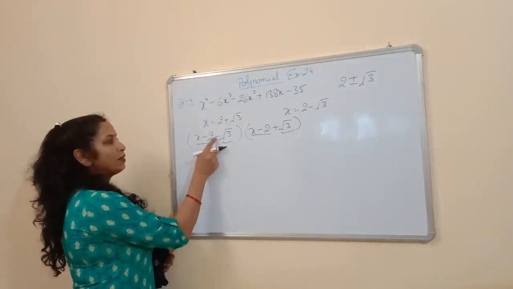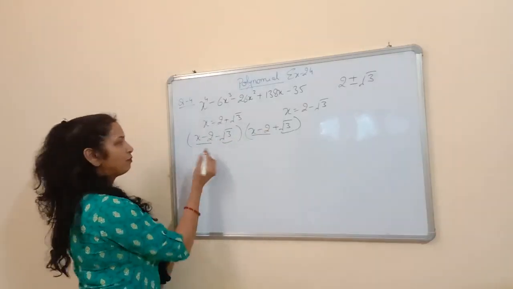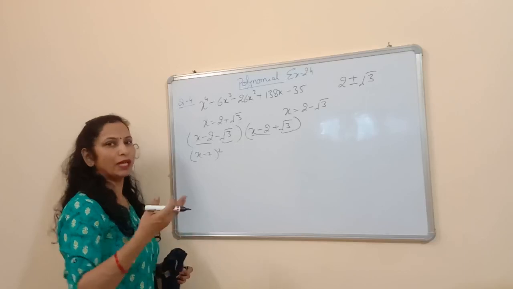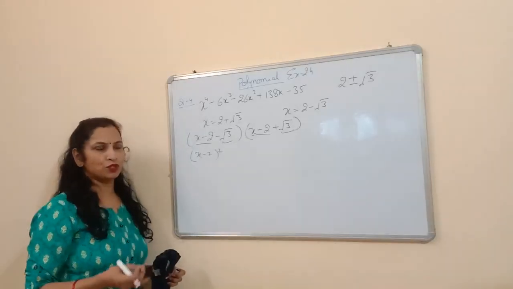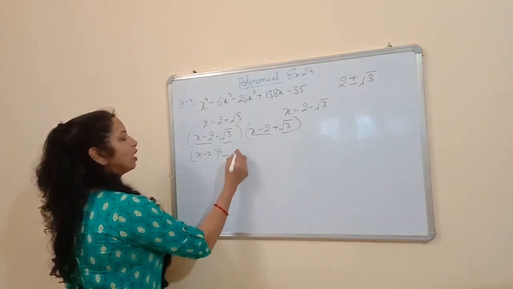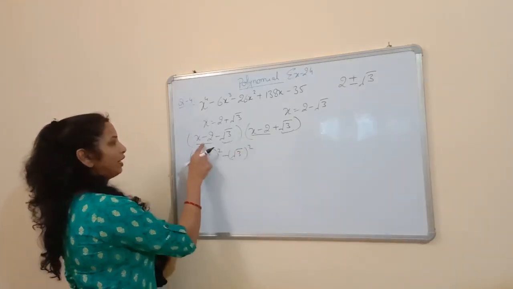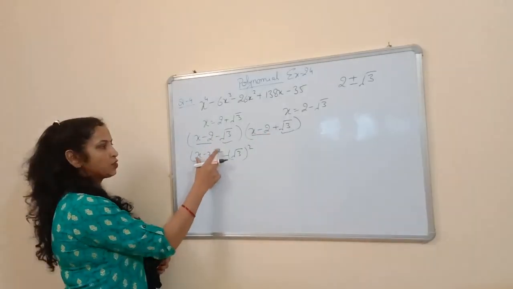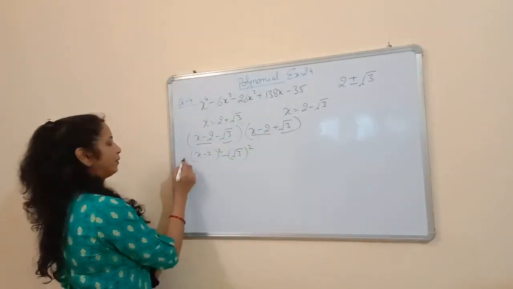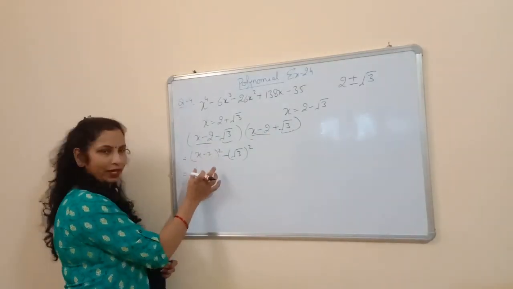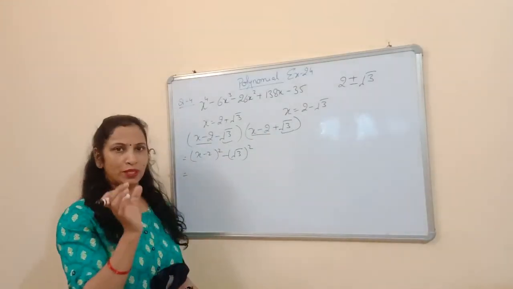So this is a minus b and a plus b, and we will multiply it like a square. A minus b times a plus b will be a square minus b square. This is an identity of class 8 and class 9. So minus under root 3 square. Look, this was a, this was a minus b, this was a plus b, we multiplied and wrote a square minus b square. We used the identity.